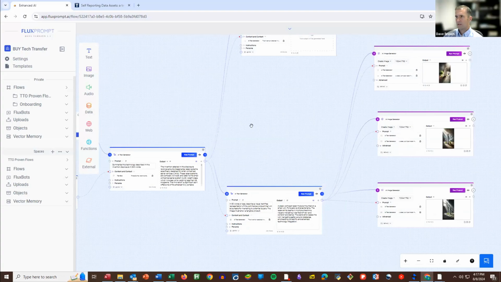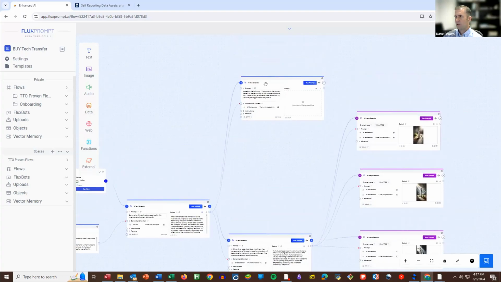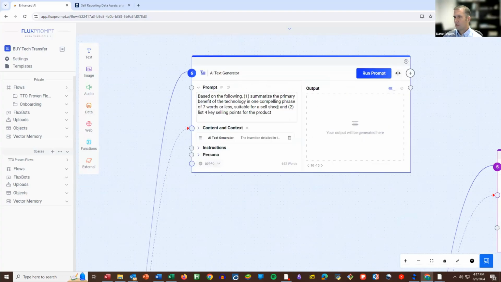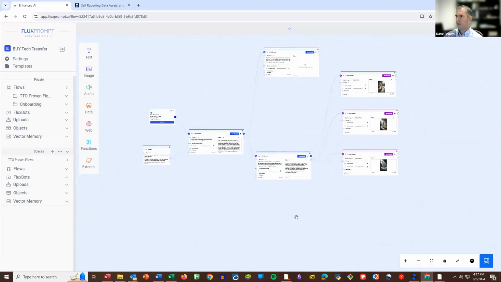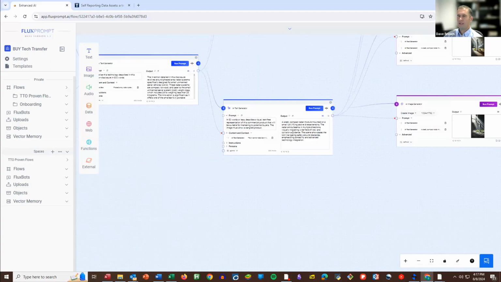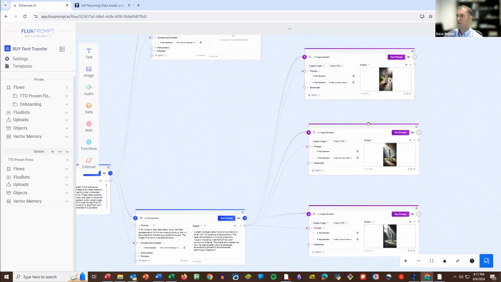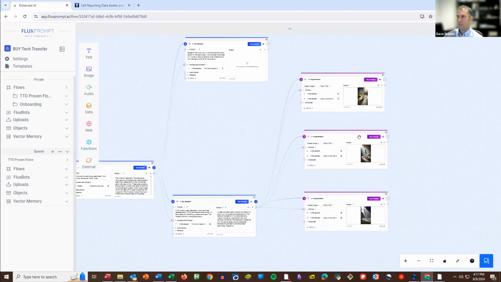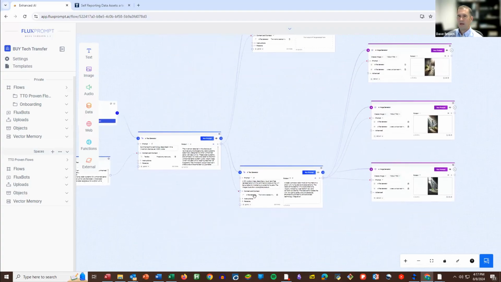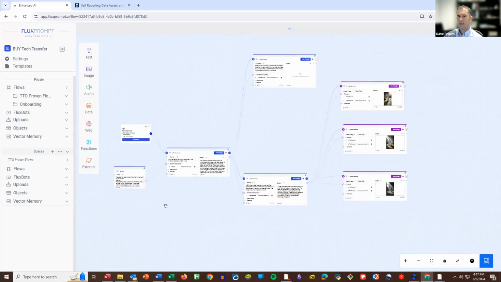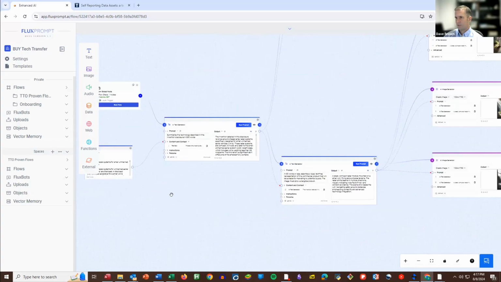And once it's done that, it's going to send the text up here, where it's going to summarize it and have the 4 key selling points, because that's basically the text for the product sheet. And then over here, it's going to create a concept for an image, and then it's going to create 3 images. And then hopefully one of those will be one I actually want to use. If not, I'll just refresh it and get some more. You wouldn't have to do 3. You could do 5 or 12 or 27, whatever. But 3 is usually enough to get something decent.